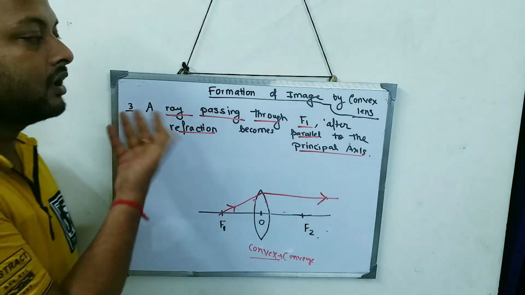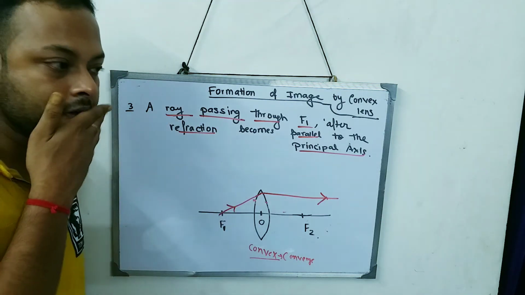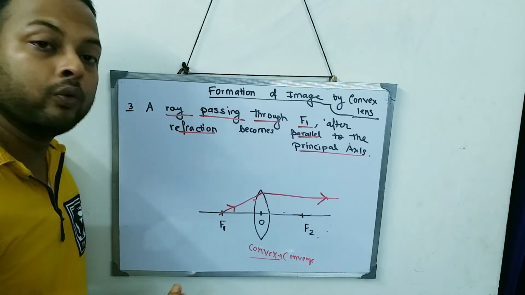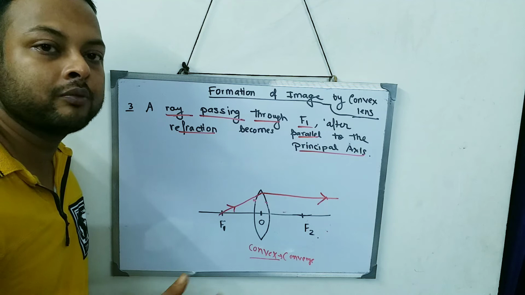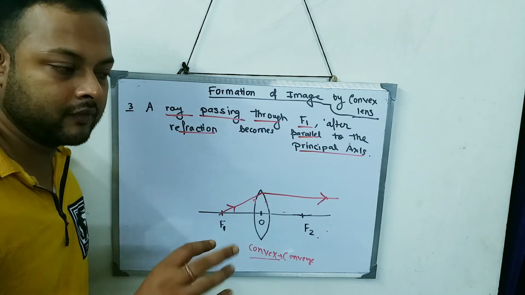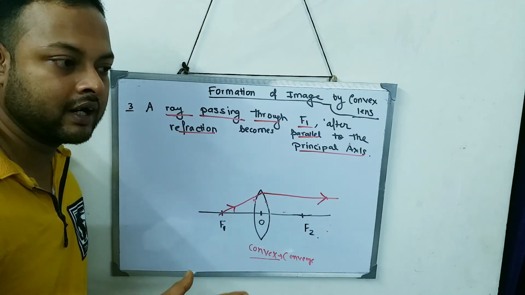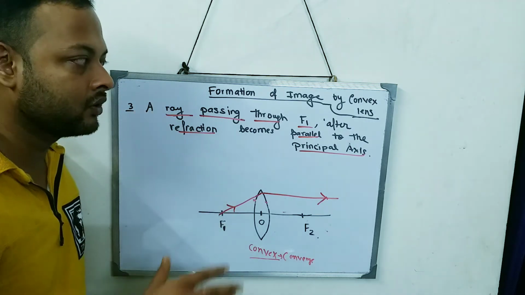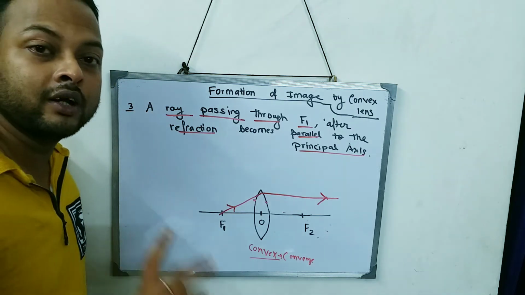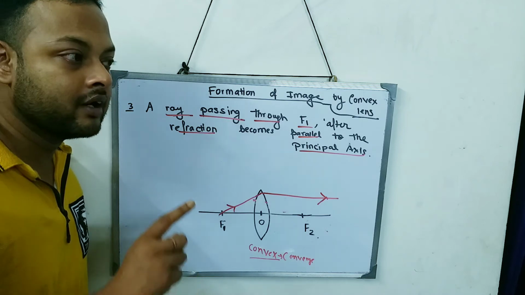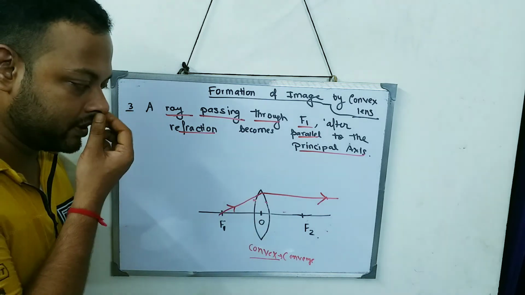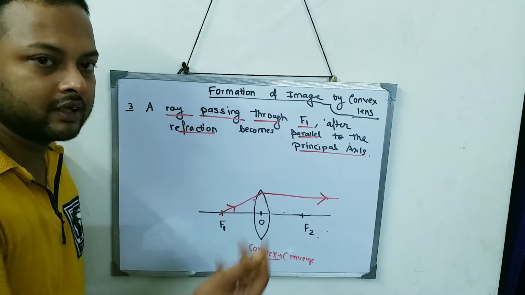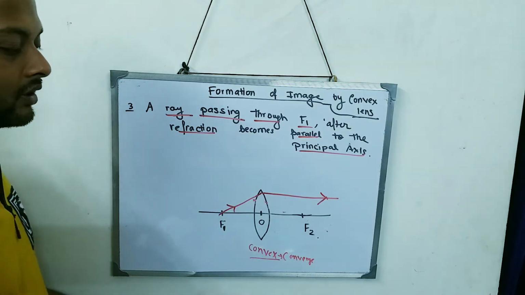Now this is the third rule. I think you understand what these three rules are about. We also have some rules for the concave lens, but the concave lens and its ray diagrams we are keeping for another day. Right now we are only concentrating on the convex lens. So I hope the three rules of the convex lens are understandable. This one and the previous one are okay, and the optical center one is quite easy. It will pass undeviated.